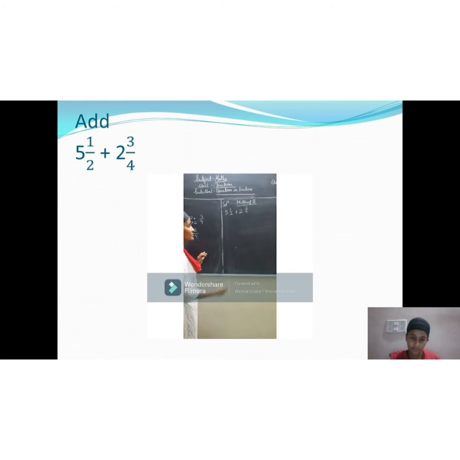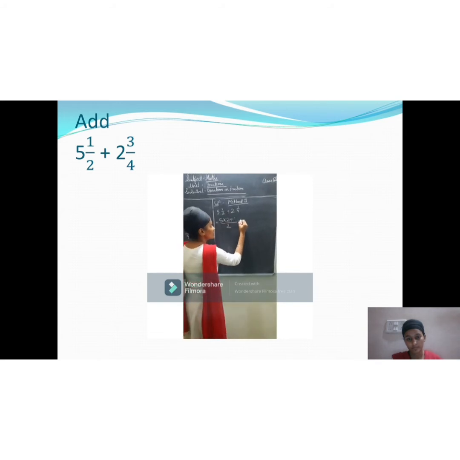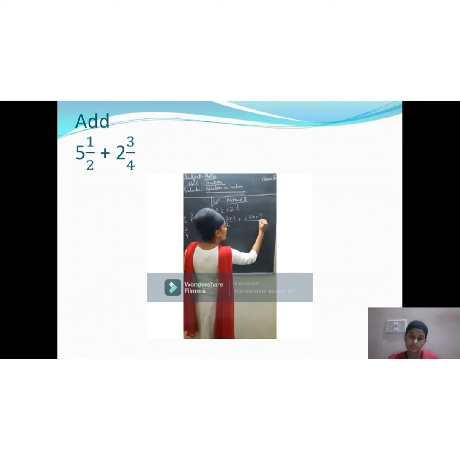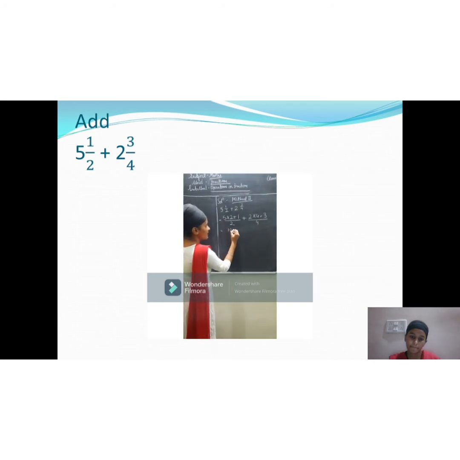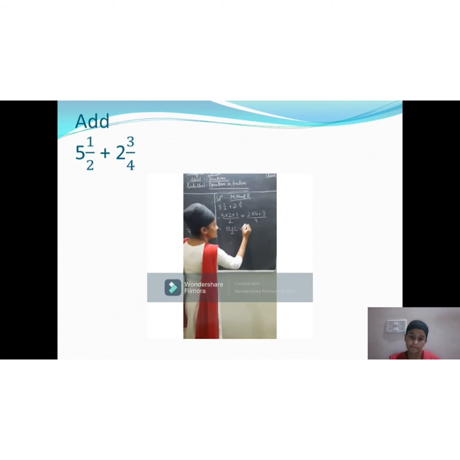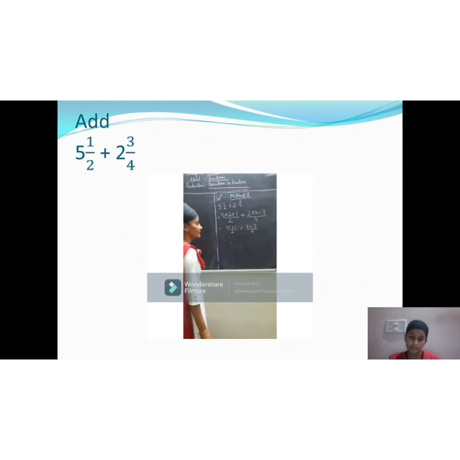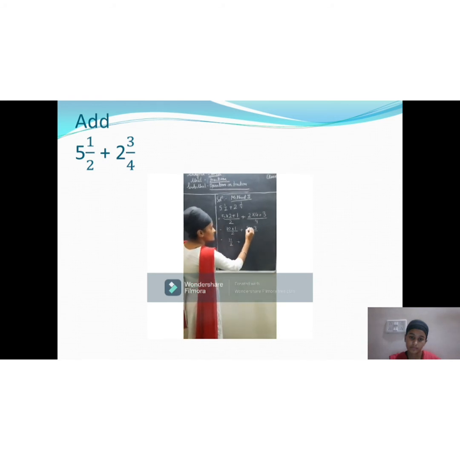You will convert it into an improper fraction. How will you convert? Now you will tell me. Yes, very good. 5 into the denominator plus the numerator upon the denominator, plus 2 into the denominator plus the numerator upon the denominator. Now let us see what is the answer. 10 plus 1 upon 2 plus 4 2s are 8 plus 3 upon 4. Now see, this becomes 11 upon 2 and this becomes 8 plus 3 is how much,